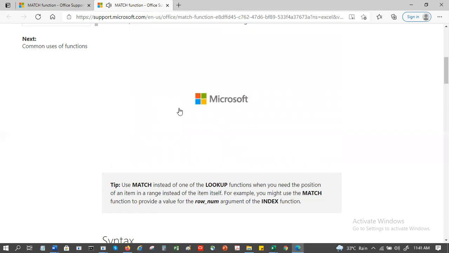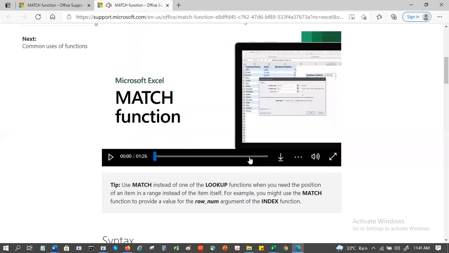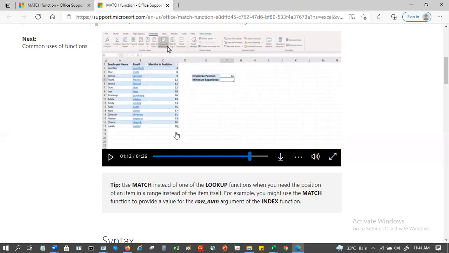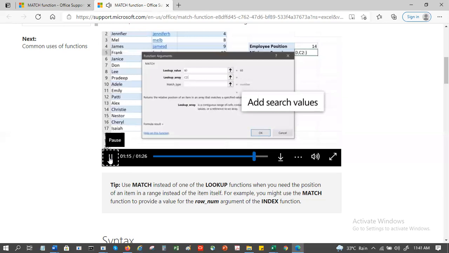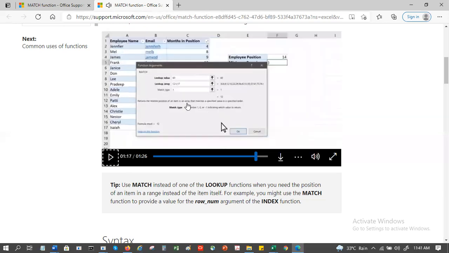Did you see that he actually went very fast towards the end? And then create a new formula and adjust the match type. So what he is doing, if you see here, is he has first sorted these months in position. Then his lookup array is C2 to C17, only one array.